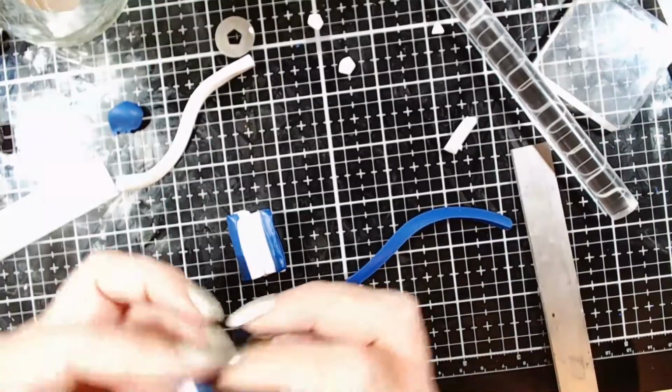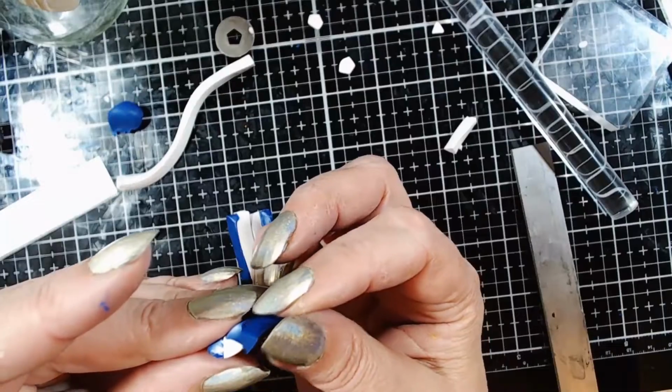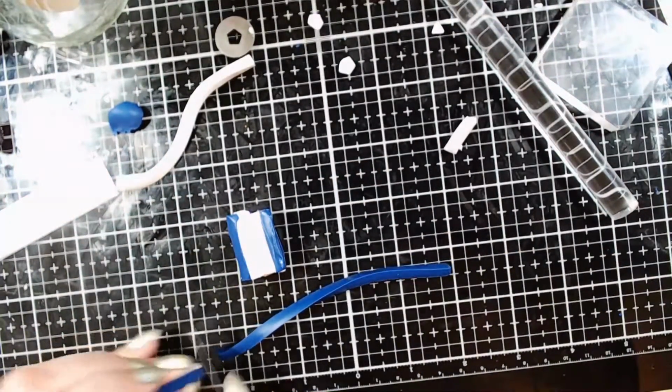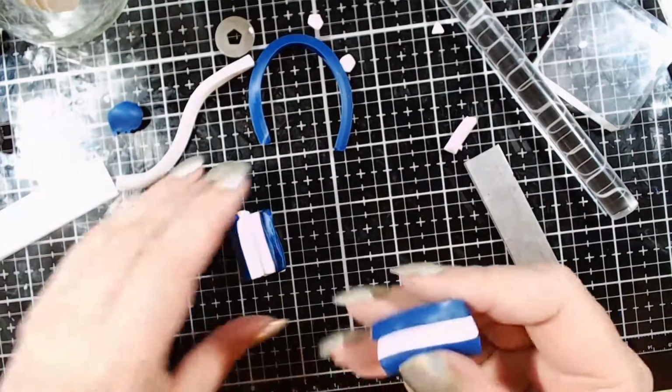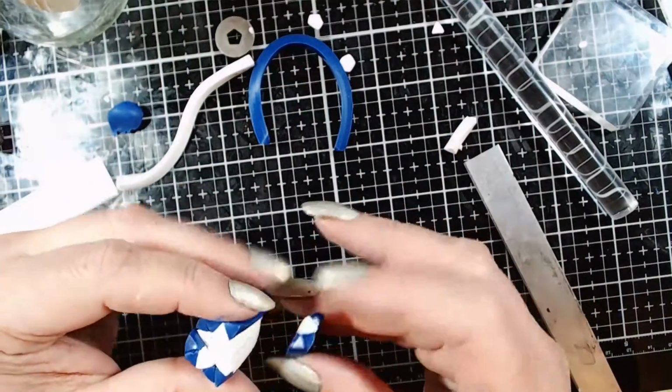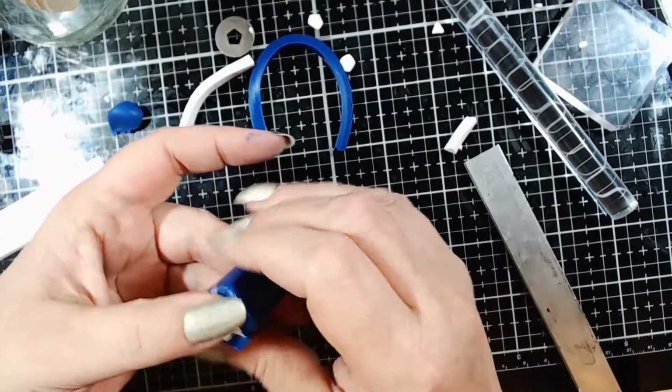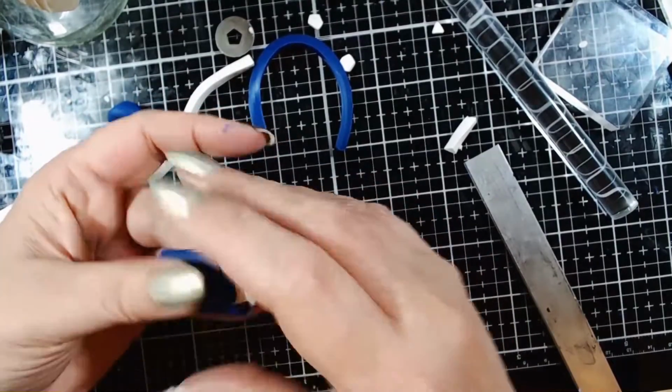Now look at this. If we put the whites, you can see that between the spokes of the star, you actually need to put 2 pieces of the blue in order to get a proper cane. So this is exactly what you will be doing. And once you already have your one white and one blue, it's going to be much easier to add the second blue. Once you have put together your star properly, press a little bit to make sure that you did not trap any air anywhere,